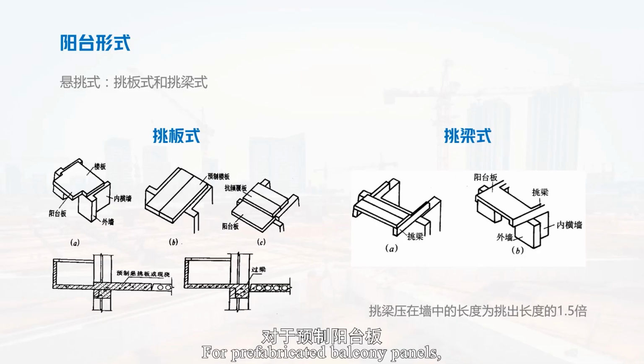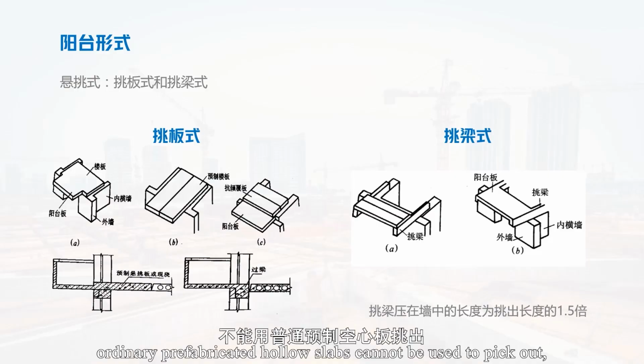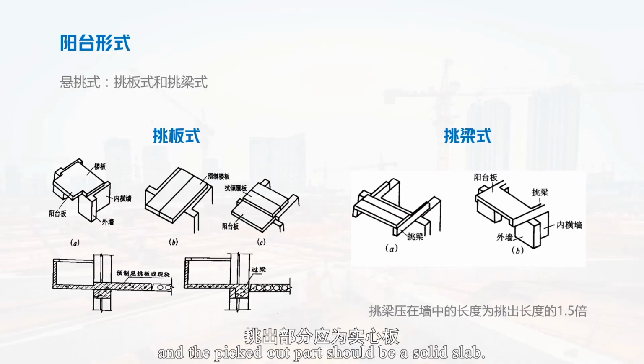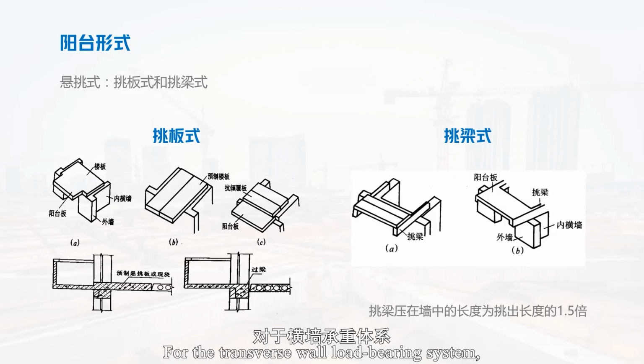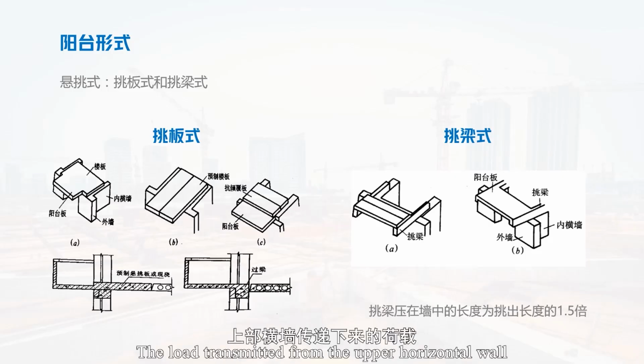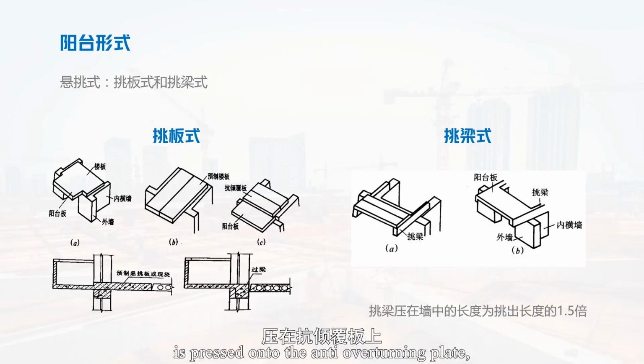For prefabricated balcony panels, if the floor slab is prefabricated, for the vertical wall load-bearing system, the prefabricated floor slab can be directly extended out of the wall. At this point, ordinary prefabricated hollow slabs cannot be used to pick out, and the picked out part should be a solid slab. For the transverse wall load-bearing system, anti-overturning plates need to be pressed on the inside of the balcony slab. The load transmitted from the upper horizontal wall is pressed onto the anti-overturning plate, ensuring the stability of